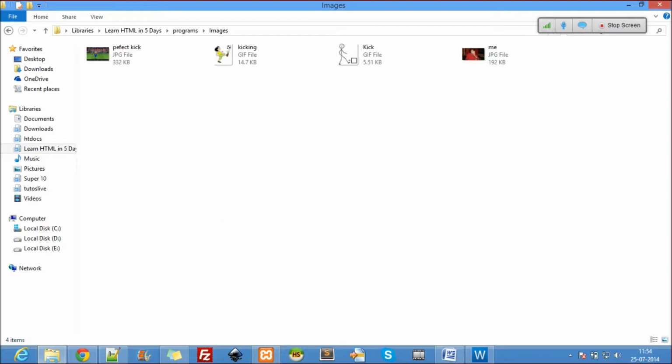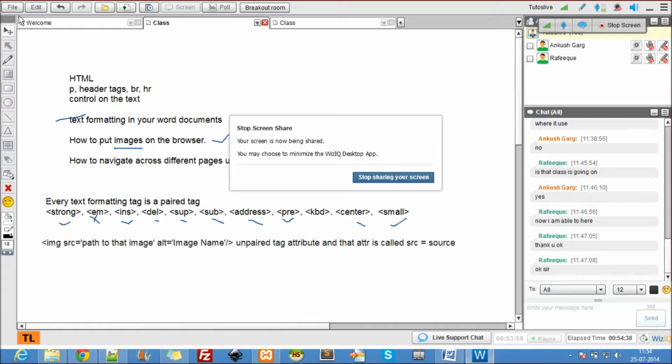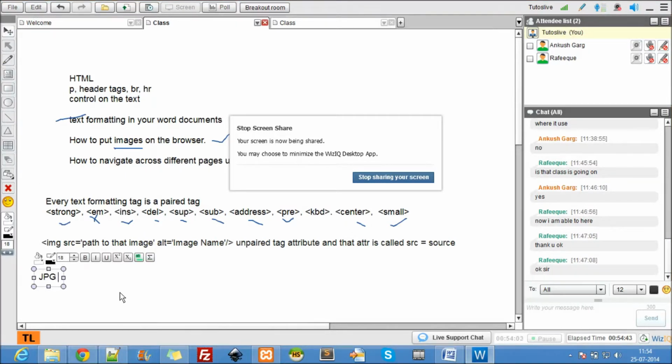The types of images we have here are jpg, sometimes also called jpeg, then png, and then gif. These are the types of images we can see. This is an important point.